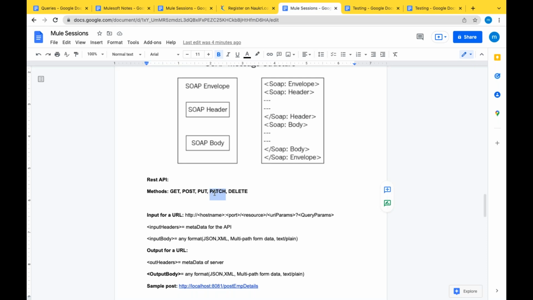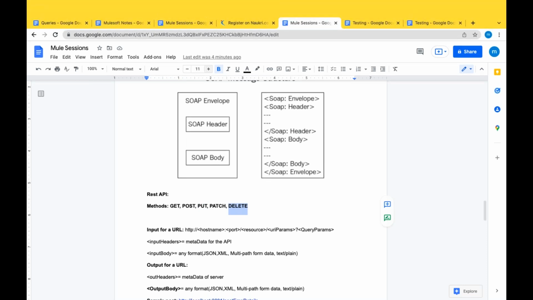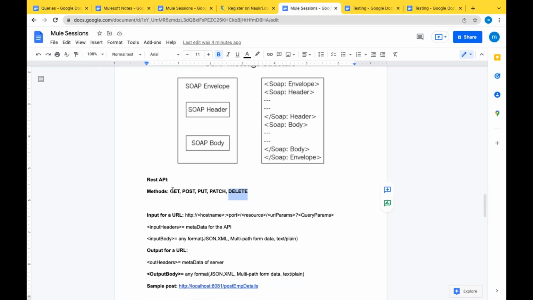If you have the employee details, PATCH is an update method to update the employee details, and PUT overrides the employee details. DELETE deletes from the specific employee details table. Depending upon your functionality, you define the methods.